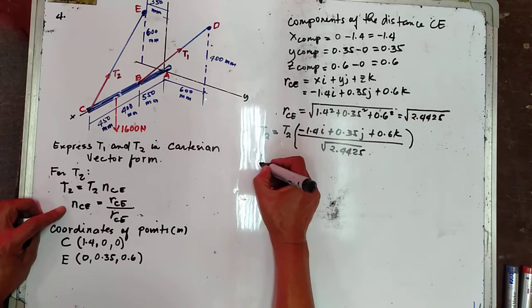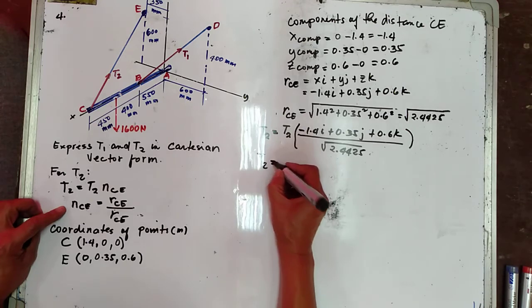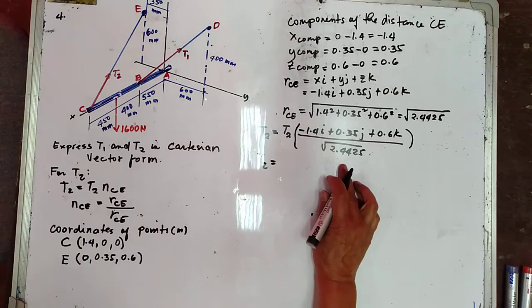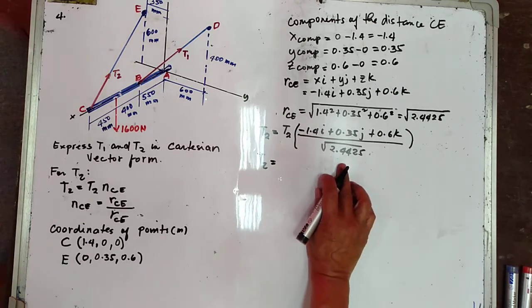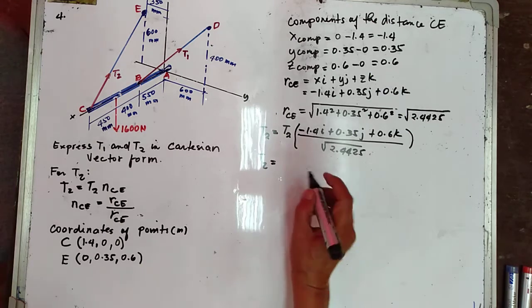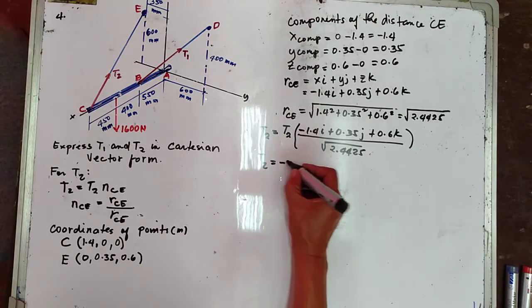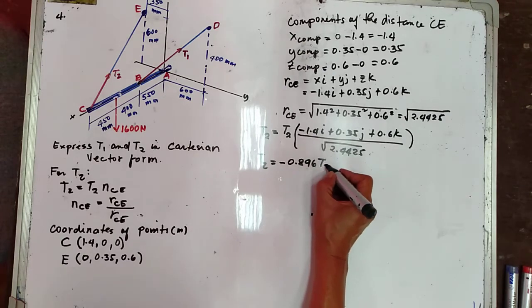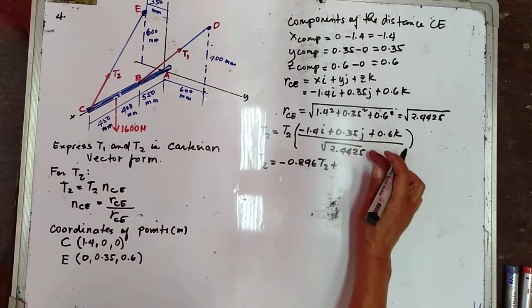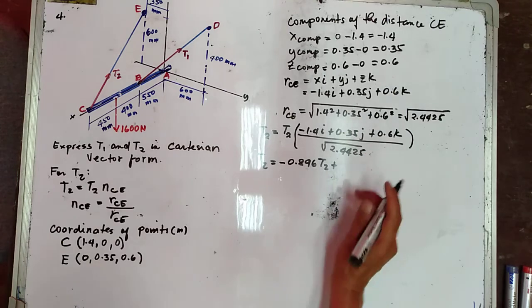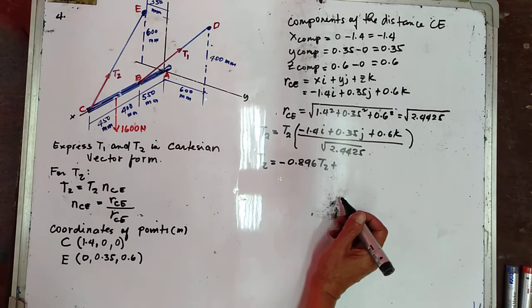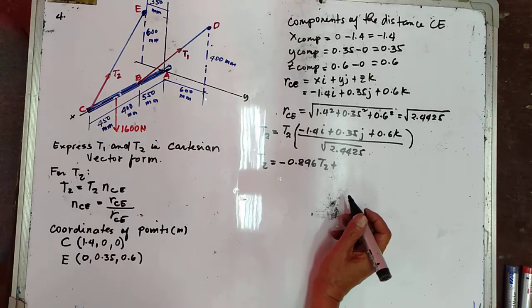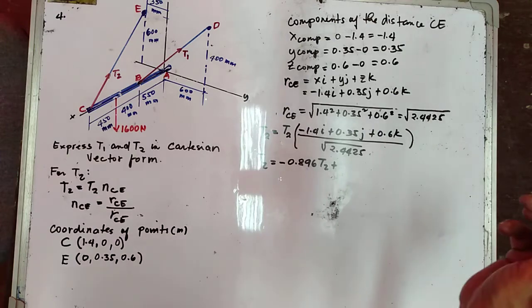So that your T2 is equal to 1.4 over the square root of 2.4425, which is negative 0.896 T2, plus 0.35 over 2.4425 is equal to,